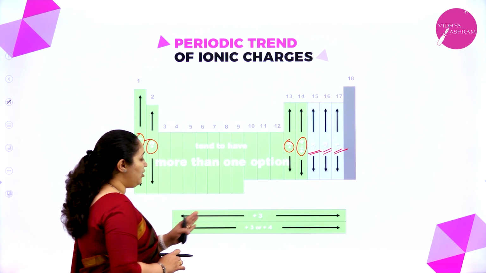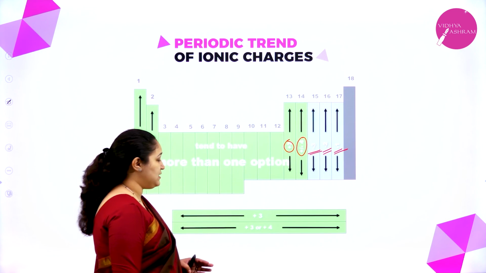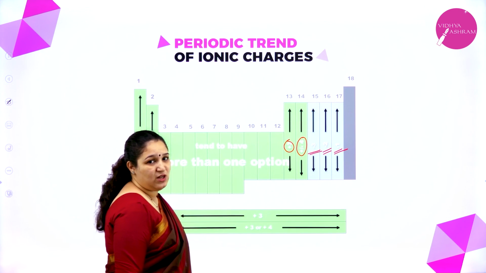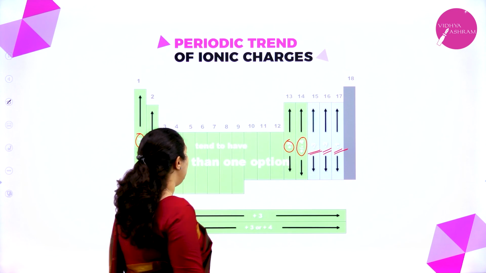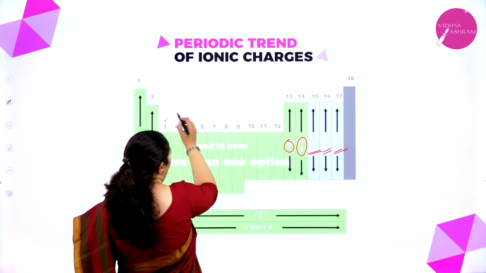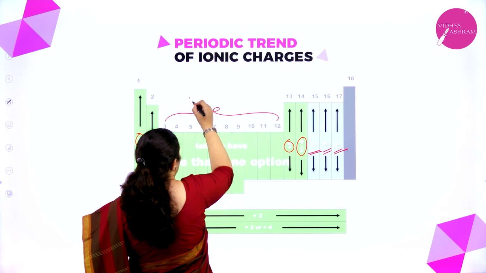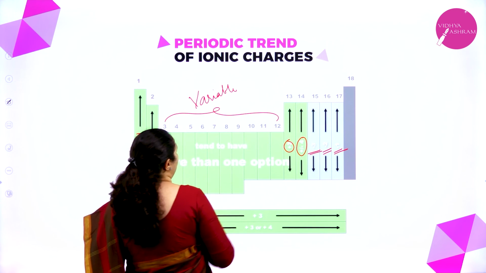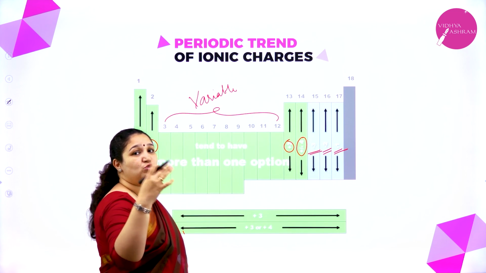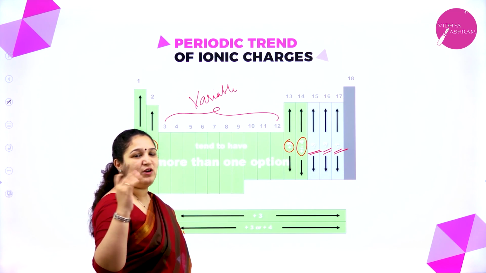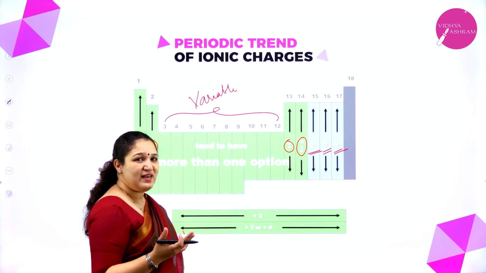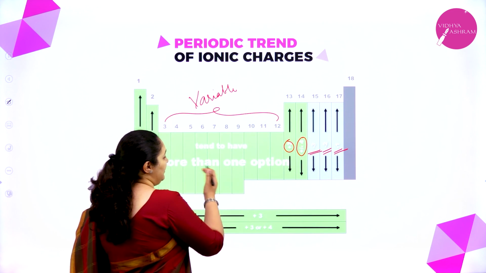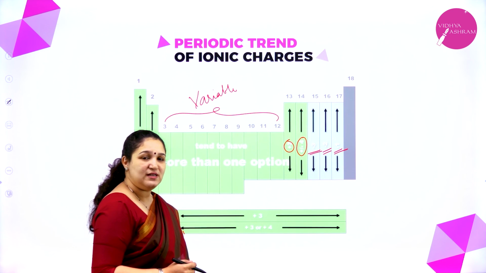Similarly, lanthanoids have the common oxidation state of +3. Actinoids can show +3 or +4 oxidation state. Here again for D block elements, I am not writing the oxidation state because they will show variable oxidation states. Manganese can show from +2 to +7. So many different oxidation states it can show. Why exactly? More detail about the D block elements you will be learning in your second year.